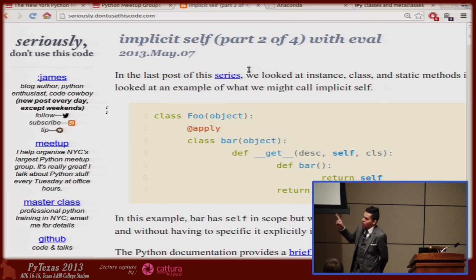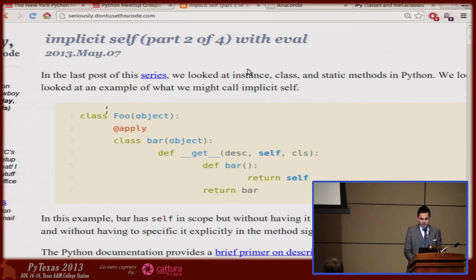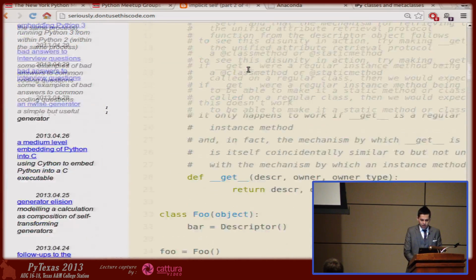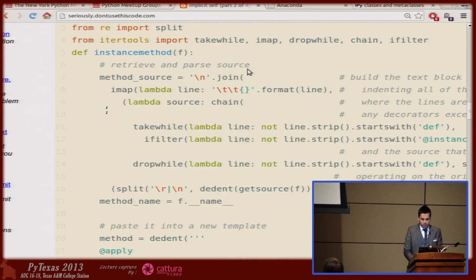Smartly, I put the blog on a subdomain, seriously.don'tusethiscode.com, and I consider that to be a sufficient disclaimer. So I usually blog about some pretty weird stuff. This is implicit self using eval. The third part of this, which I haven't posted yet,